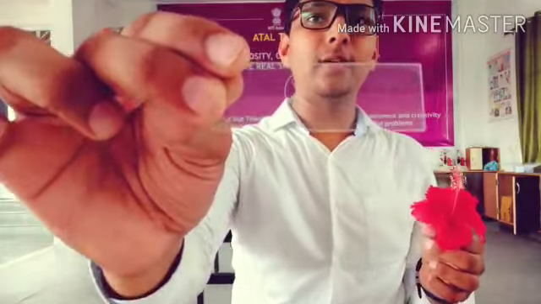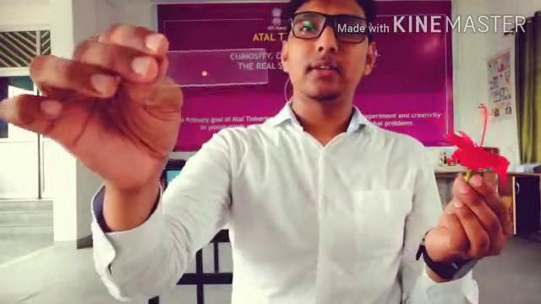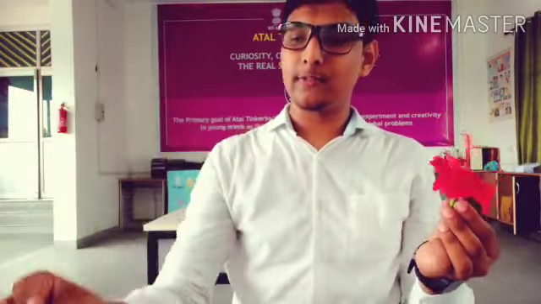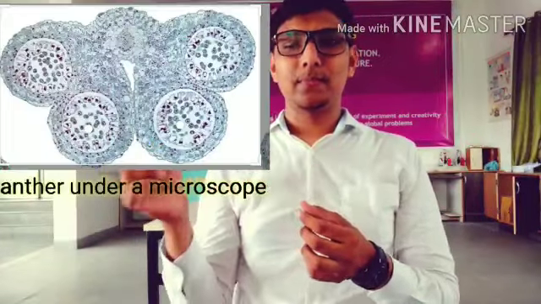Like I have already made one slide. I have taken the male part, the stamen and anther, and I have kept it on the slide. You can see a very minute structure is there. In another one, I have taken a transverse and longitudinal section of the ovary with ovules. And I will show you the magnified image of this also.